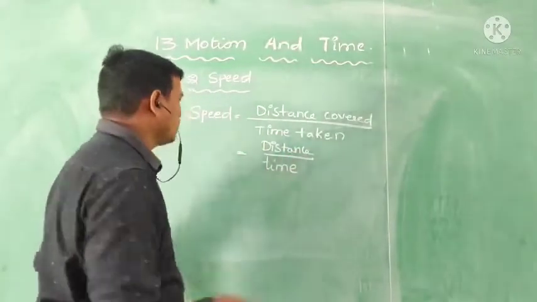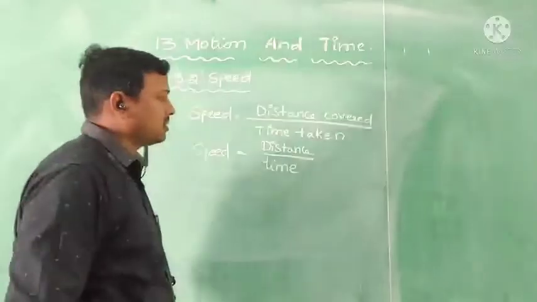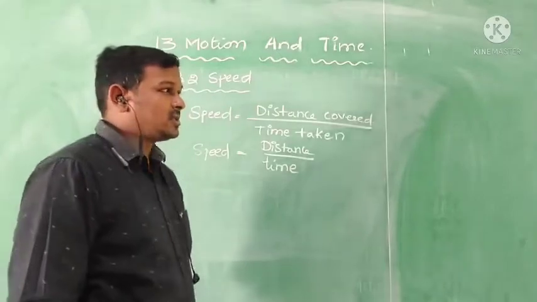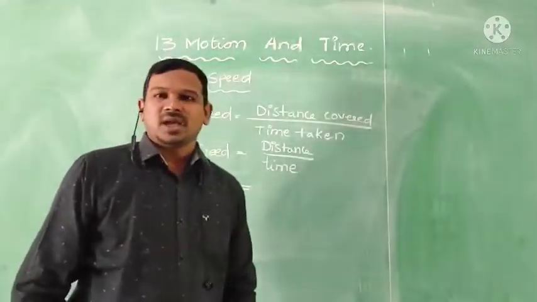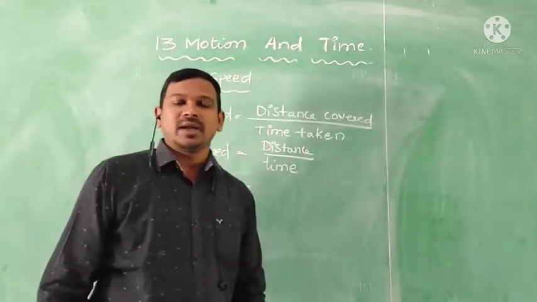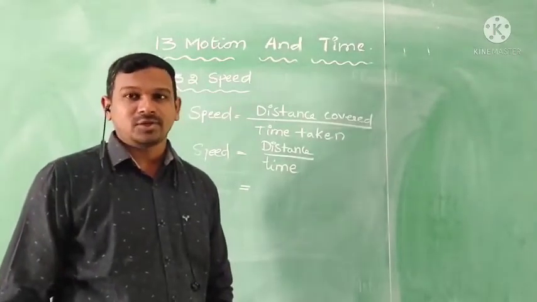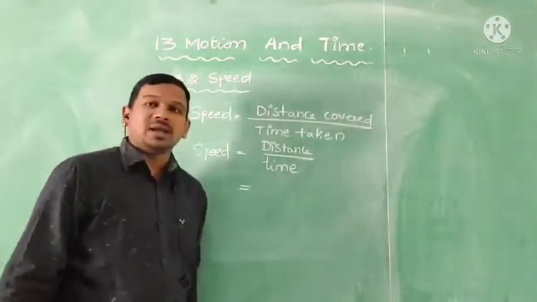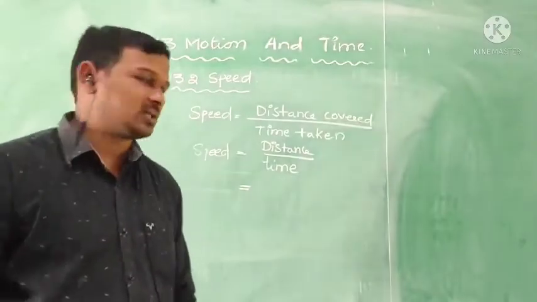Simply we are writing speed is equal to distance by time. This is a very important formula, children, you need to remember it. See, in physics, every physical quantity needs to be measured and given some proper units. It is a standard measurement, that is called unit. What is the distance unit? How to calculate this distance? We usually calculate the distance in meters.